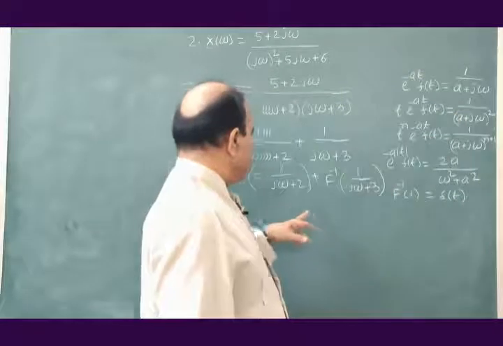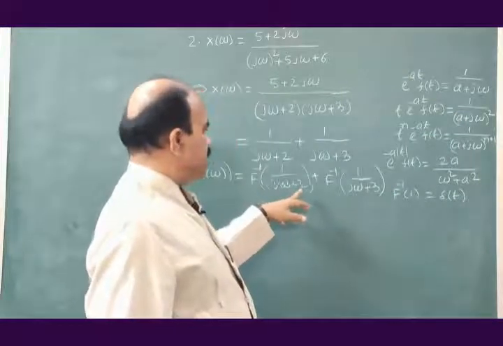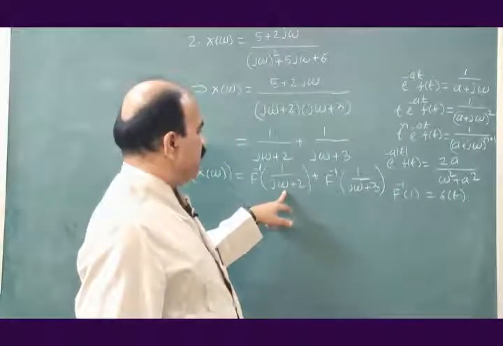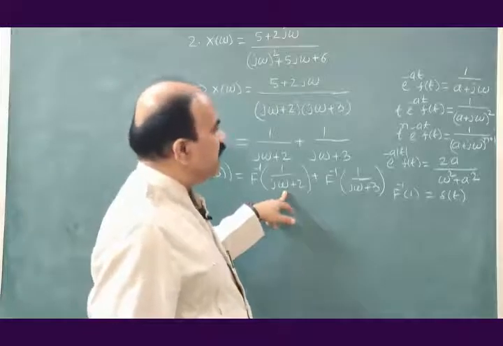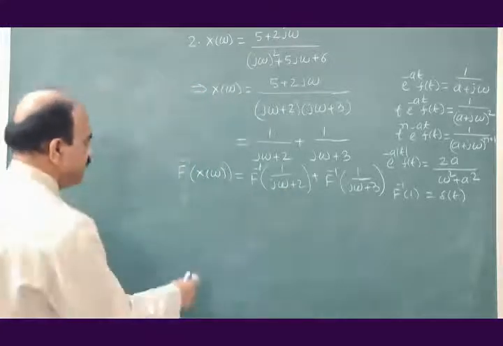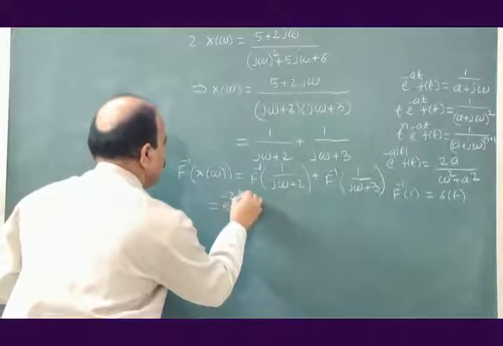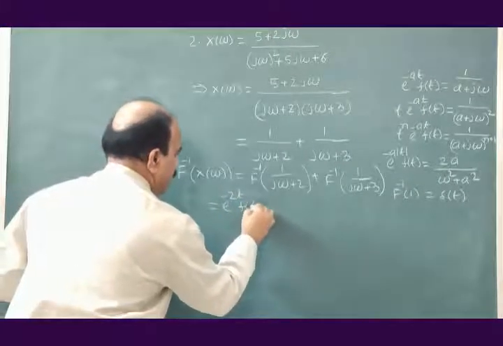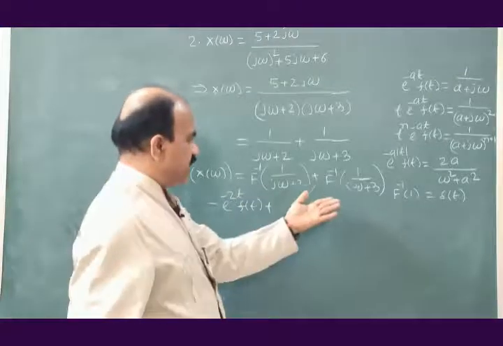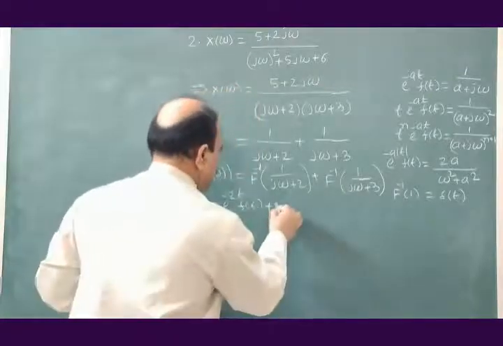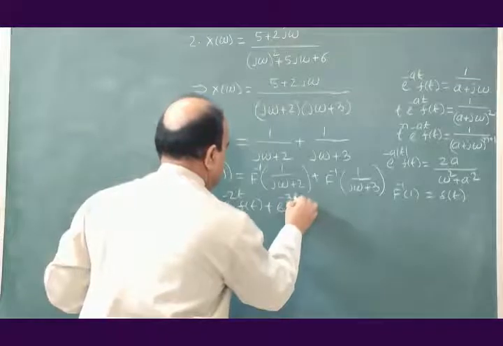This is of the form a plus j omega, this is a, this is j omega. So it will be what? e to the power minus 2t f of t. This is equal to e to the power minus 2t into f of t plus e to the power minus 3t